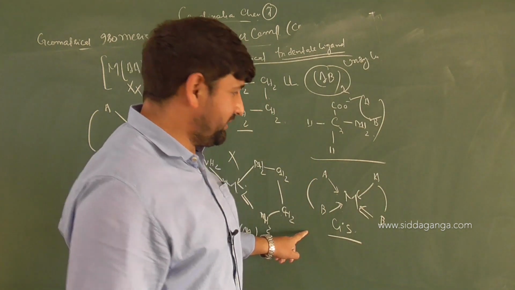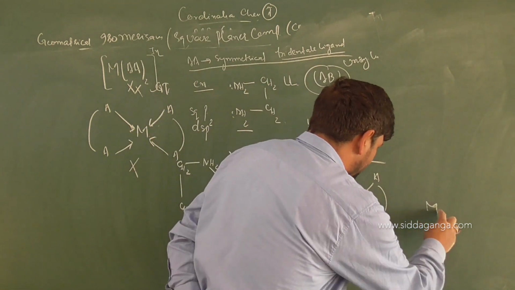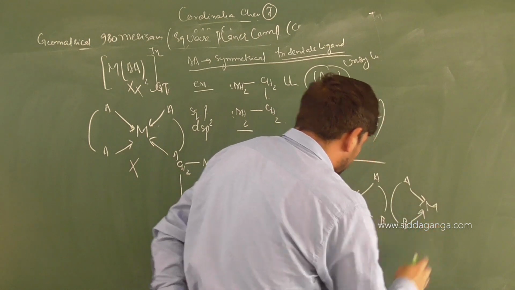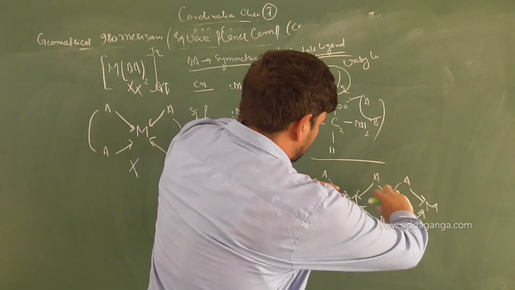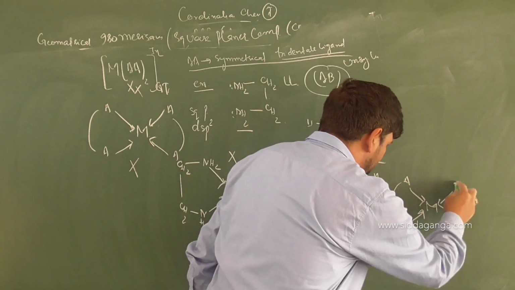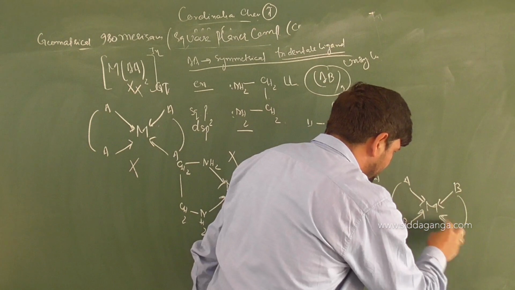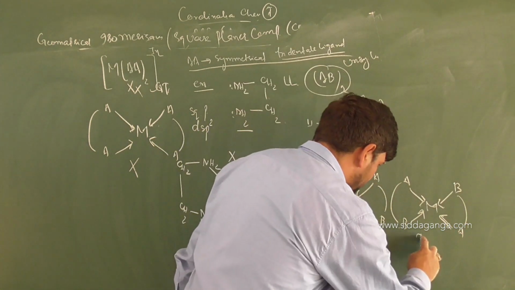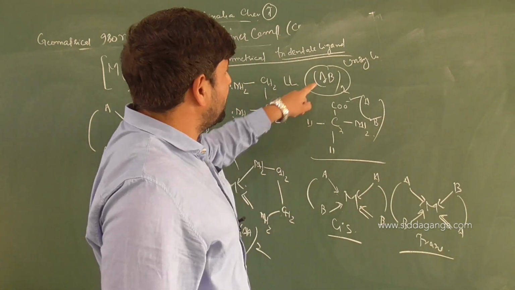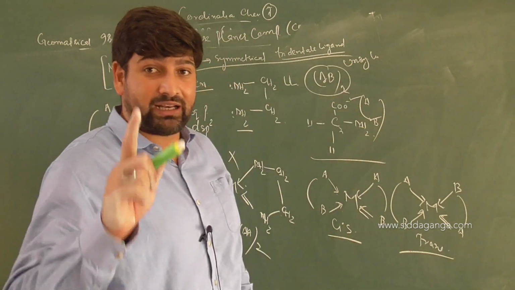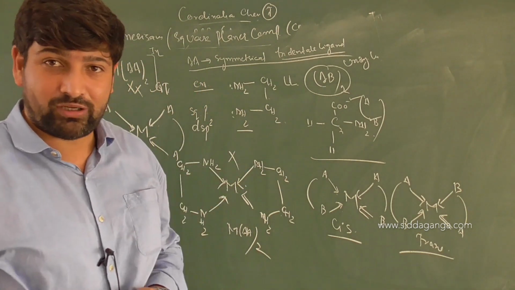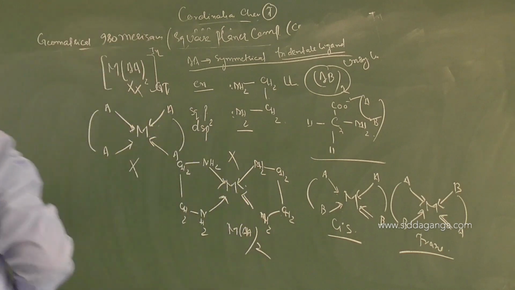Is trans possible or not? Indeed, trans is also possible. How? Metal atom, you got A, donation from B. If you keep this as such and rotate it 180 degrees, B will go up, A will come down. So the bond is made by B, then here it is made by A. Is the possibility there or not? Yes. So this type of possibility is also exhibited as trans. That's what I said. In MAB2 type of complexes, geometrical isomerism will definitely be exhibited by the molecule. If you want to see that example also, children, we can draw that as well.